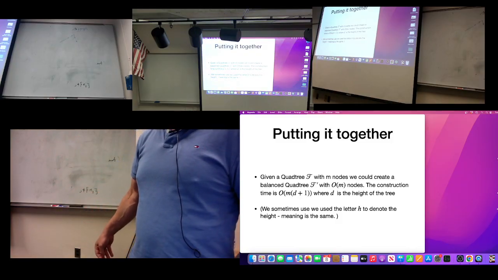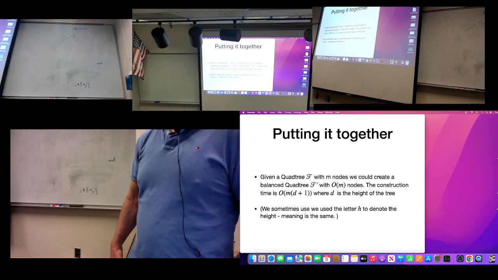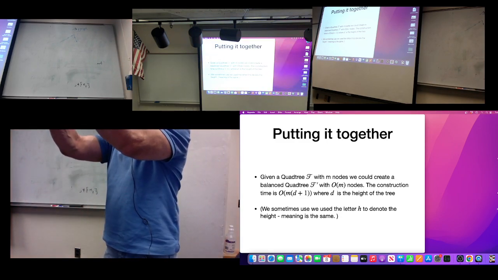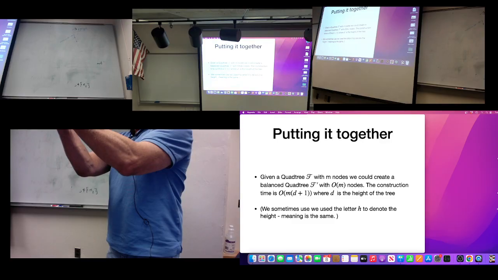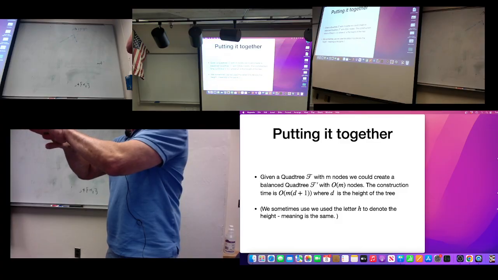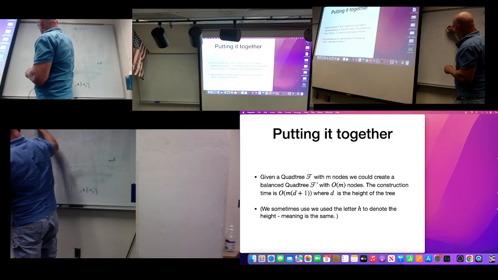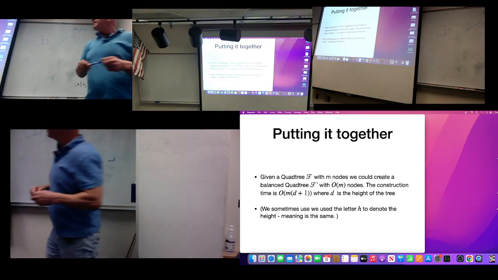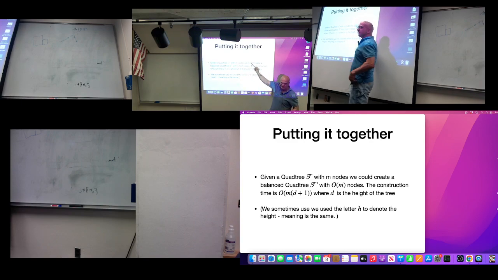Summarizing balanced quad-trees. Remember the definition of balanced quad-trees: every two nodes, every two squares that touch each other by sharing an edge, either have the same size, or one is twice the size of the other. Neighborhoods are defined by edges only, not by diagonals. And we said that if we have a quad-tree that has n nodes,